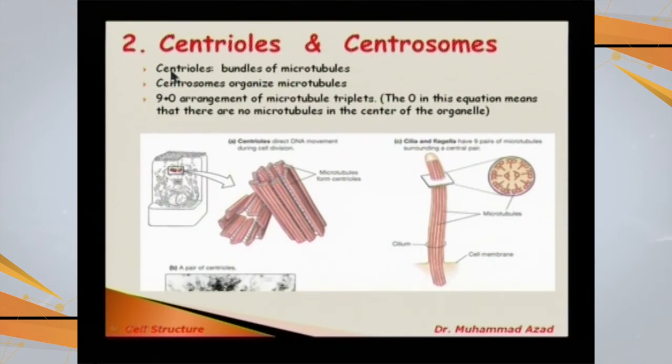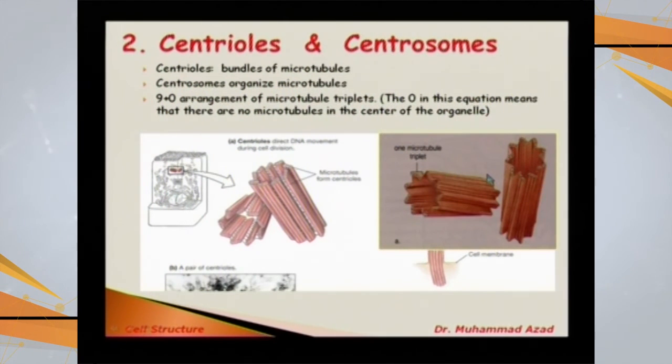Going with the next non-membrane bound organelle, that is the centriole. What is the centriole? A pair of centrioles is present in the cytoplasm near the nucleus, one at right angle to the other. Looking at their structure briefly, these centrioles are made up of a cylindrical array of 9 microtubules, and each is made up of further 3 microtubules. So these are called 9 triplets of microtubules, and they are hollow in the middle. They are at right angle to each other.